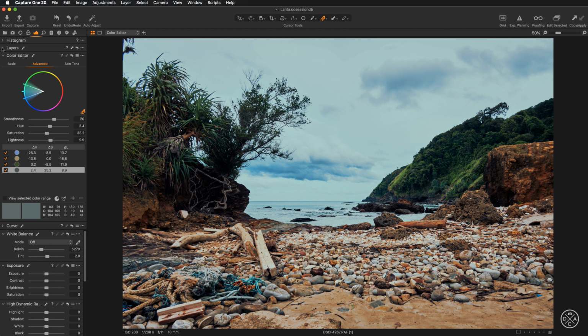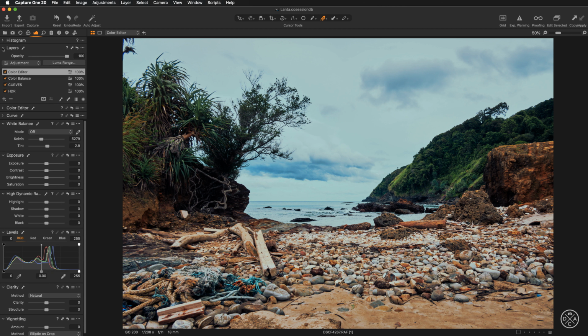Let's jump back to our layers, and as the very last layer, I would like to add overall clarity to the image. So let's add a new fill layer. Let's rename this layer to clarity. So let's add some clarity to the image. I'm going to go for quite a strong value. Okay, so this is adding this nice mid-tone contrast to the image, and let's compare with punch. No, I think this is too aggressive and it is affecting colors, so the natural method creates this nice balanced